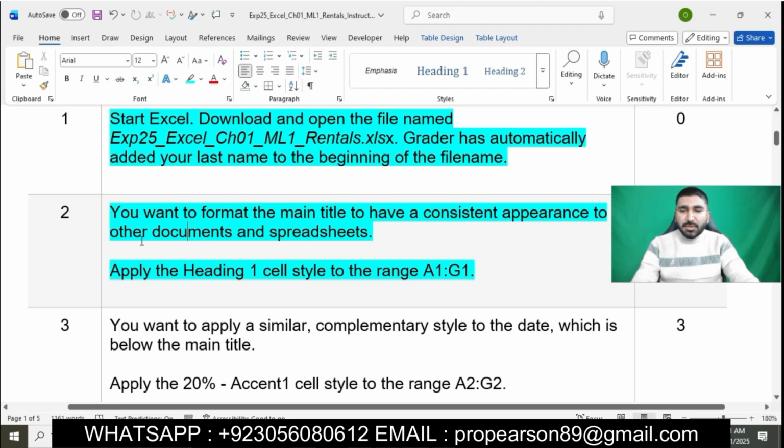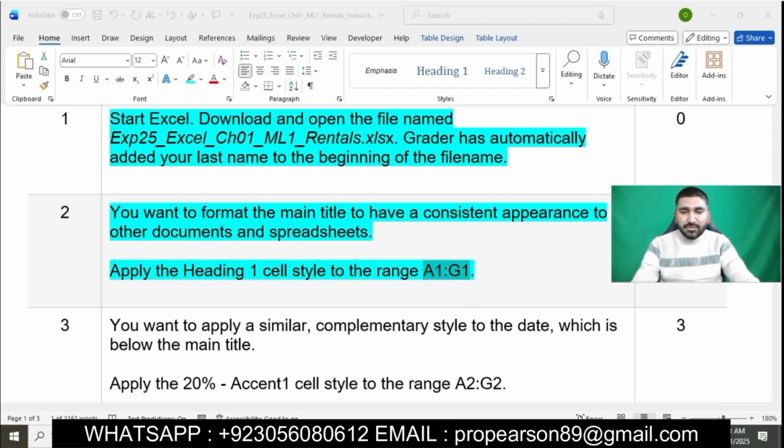Question number 2 is that you want to inform the main title to have a consistent appearance to other documents and separate sheets. Apply the Heading 1 cell style to the range A1 to G1. Basically, in this question we will first select the range A1 to G1, and then apply the Heading 1